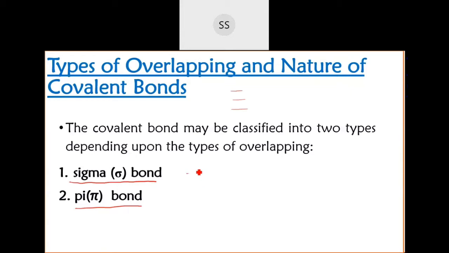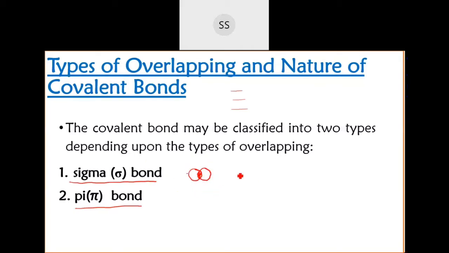Now s orbital, if I take, this is the way s orbitals can combine together. So here they have fused together, so here they have formed the molecular orbital. This will lead to a sigma bond. It is also named end to end overlapping. And s orbital, since it is non-directional, I told you, anyhow you take them, it will appear like this only, in any direction, because it's non-directional in nature.